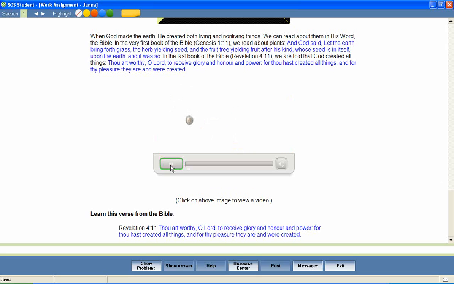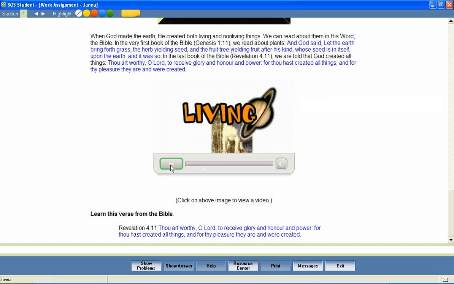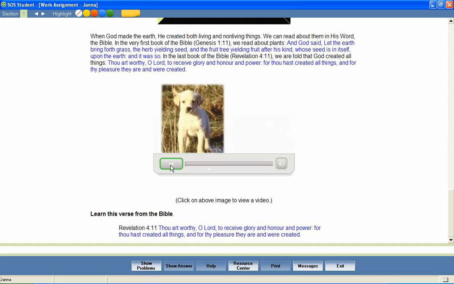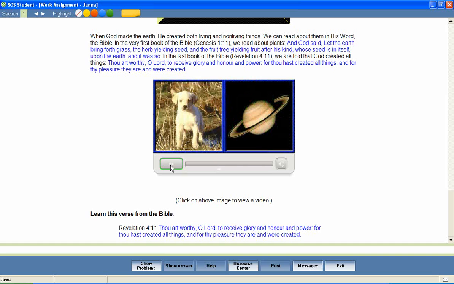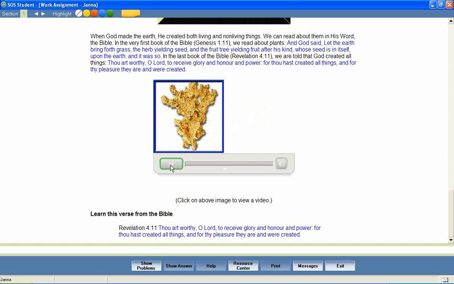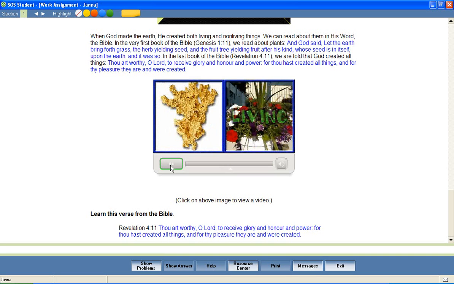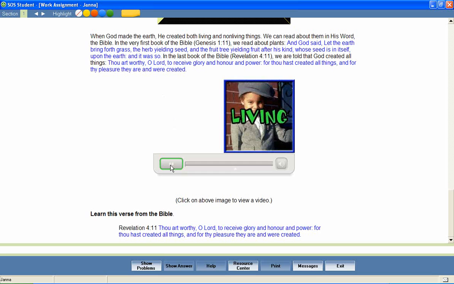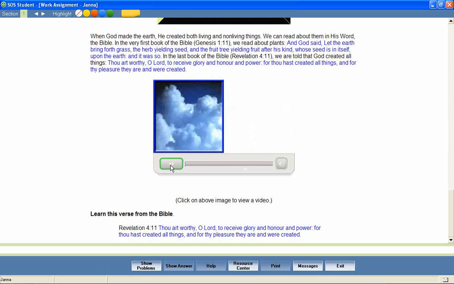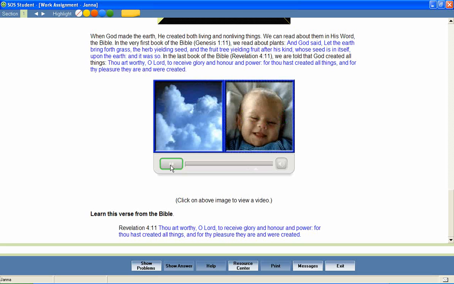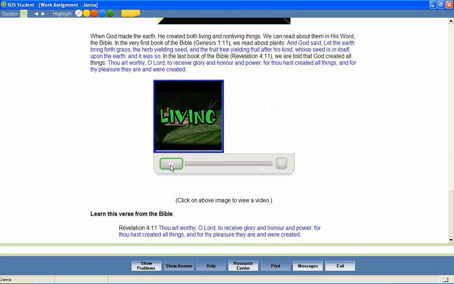God created both living and non-living things. Everything that exists can be categorized as either living or non-living. Living, non-living, non-living, living, living, non-living, non-living, living, living,